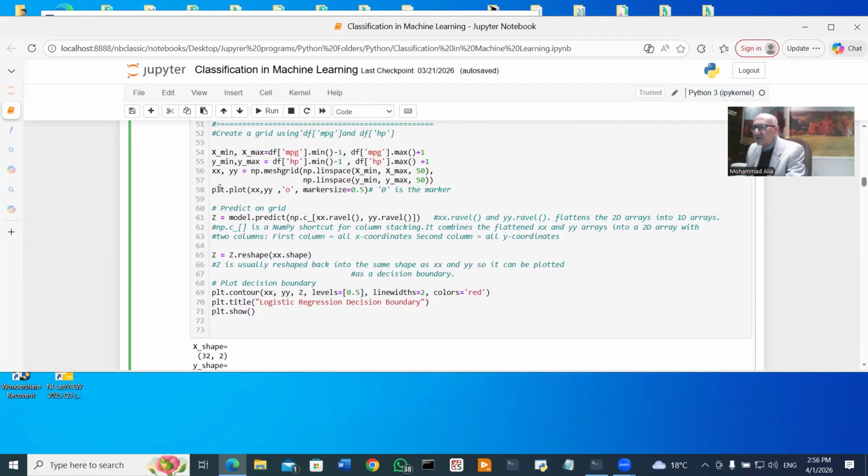So I have written, and usually it is written like this, x, x, and y, y, to show you that this is the x-axis repeated 50 times, and this is the y-axis repeated 50 times. And now we have created the mesh grid. And now we want to find the crossing values